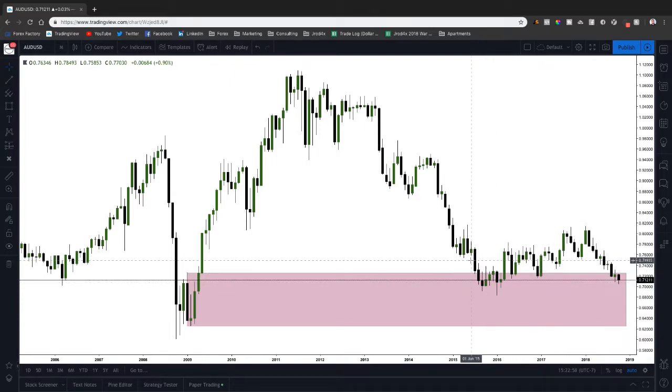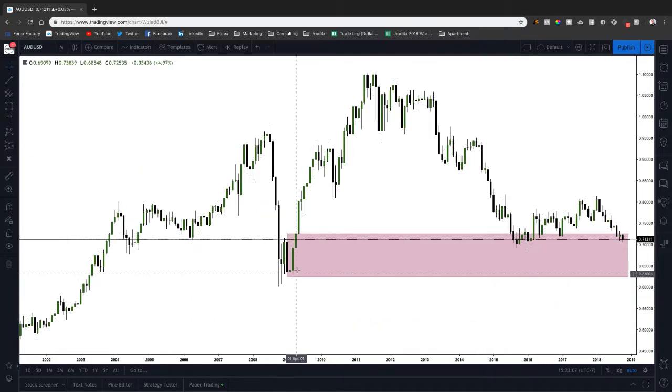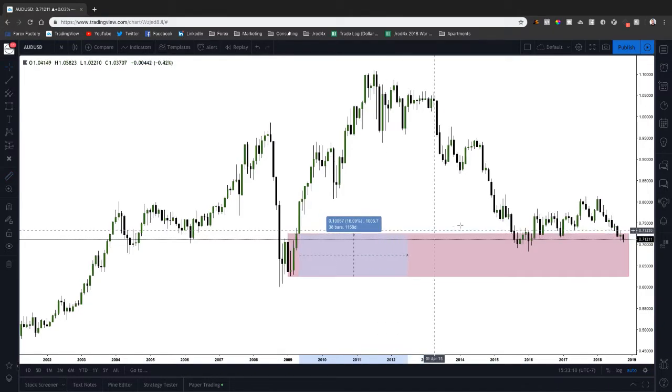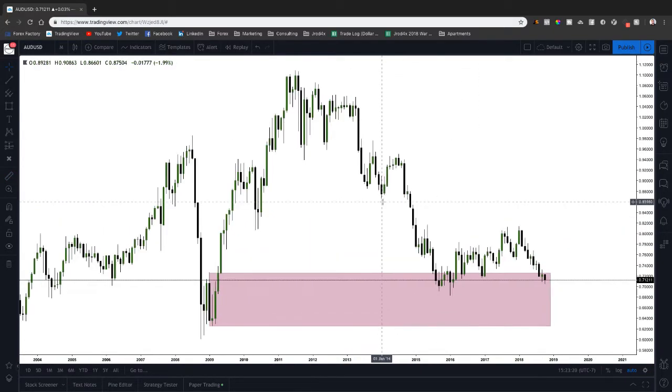So to me, the unwillingness for it to stay above it is leading me to believe that they're going to want to continue lower, which would be all the way down below the 60s. Which, I mean, in itself is over 1,000 pips. So that's not anytime soon, but I'm just trying to keep you guys in line with what's going on with